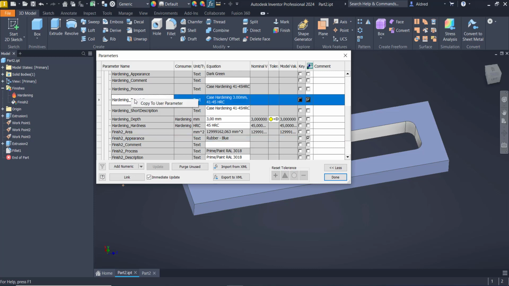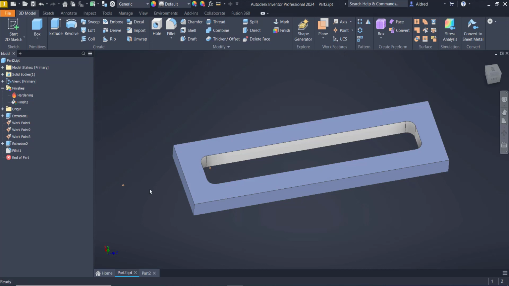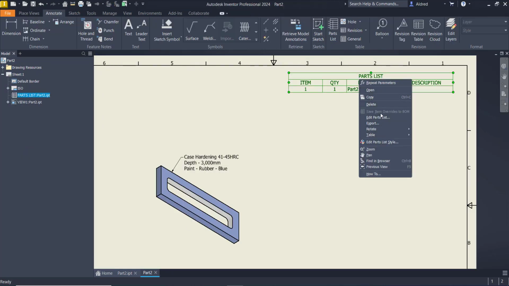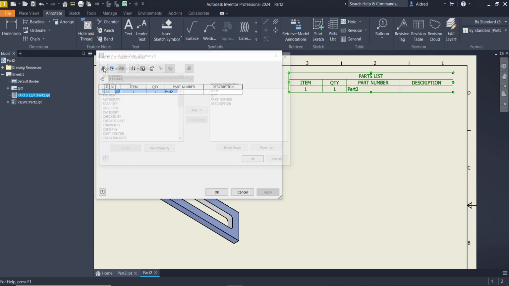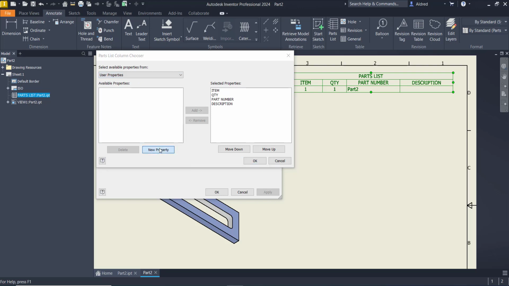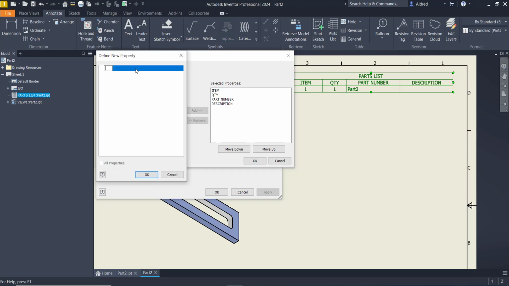So hardening underscore description, so done. Let's go back to our drawing and edit parts list, add a column chooser, user properties, okay, and new property, and it was hardening underscore process,